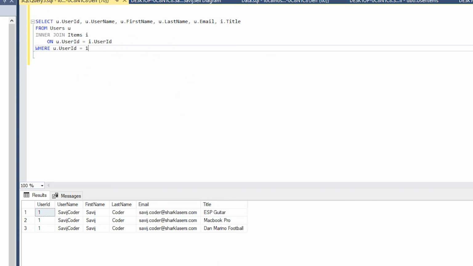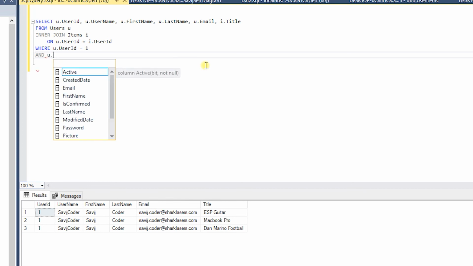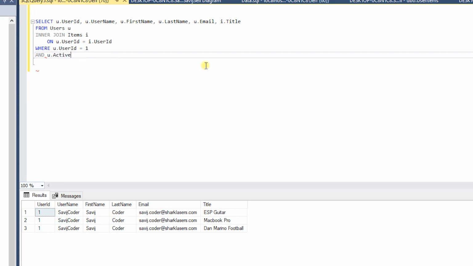Now I'd probably return more information about the items and less information about the user. Let's say I was filling out a section of my profile page where it just listed my items that I currently have for sale. So I could put where u.user_id equals 1 and u.is_active equals 1